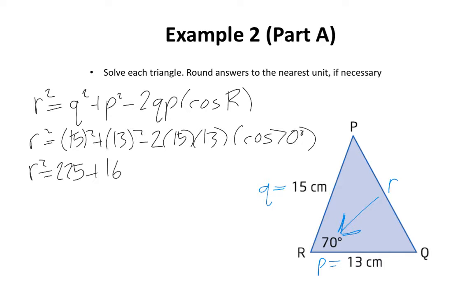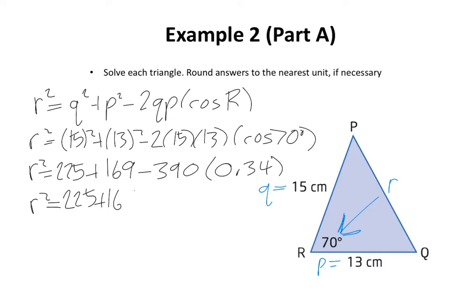13 squared is 169. This next little part, I'm going to simplify it in two steps. So I'm going to first simplify 2 times 15 times 13, which is 390. And I'm going to simplify cos of 70 degrees, which is 0.34 approximately. You can always carry additional decimal places if you want your answer to be more accurate. In our next step, you need to remember to use BEDMAS. So you're going to multiply before you add and or subtract. So 390 multiplied by 0.34 is approximately